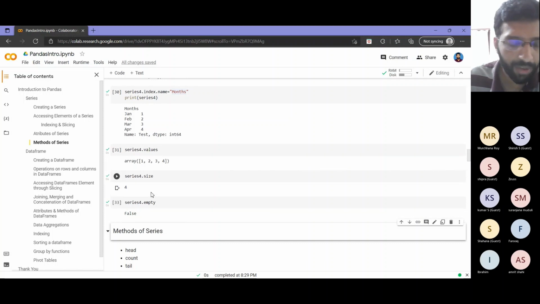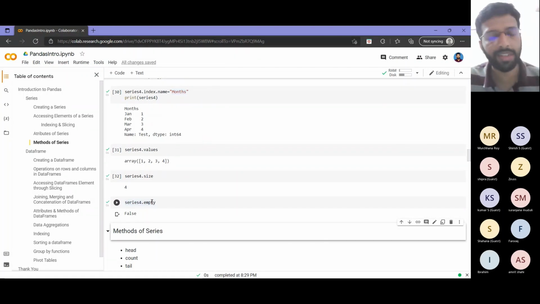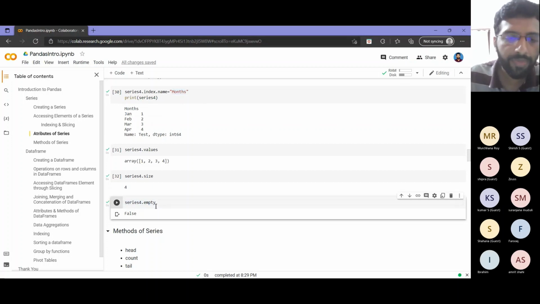Now it is having 4 elements, so it will tell me that it is false. If my series was empty, then that will return true. This can be used when I am filling values into a series, and at some point I want to check whether some entries have actually been filled into the series or not. In that kind of situation I can make use of the series.empty attribute.